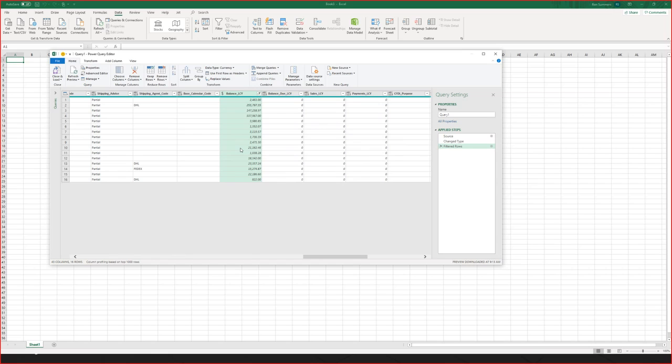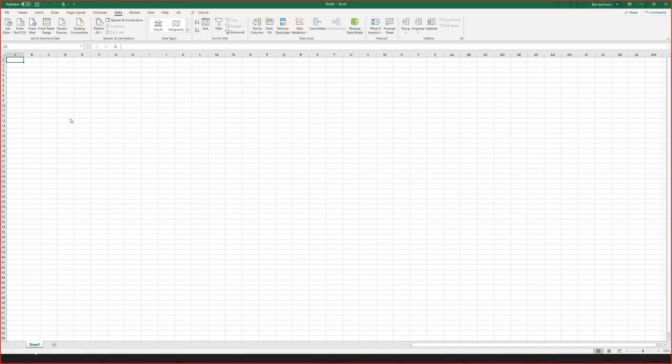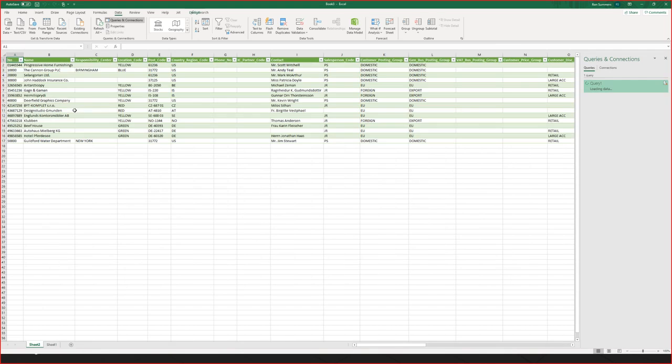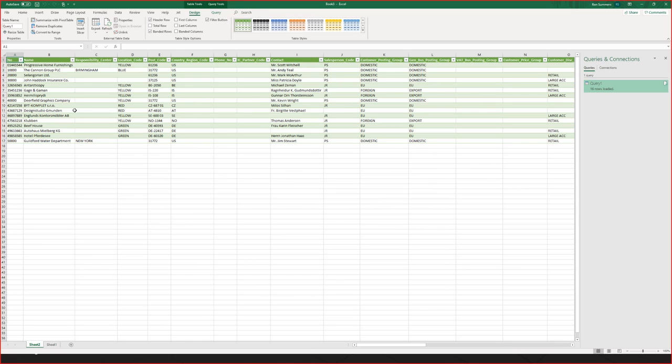Again, there's a lot of information we can do here, and a lot of different things we can modify in the data layer. I'm trying to keep it high level and simple and just show you the flow start to finish. Now that I've applied a couple things here, I'm going to say close and load. What this is going to do is load this into a sheet. This is just an Excel table now, and it's a real-time look into it. When we run this report, I can refresh the query, and it'll requery everything right there for me.